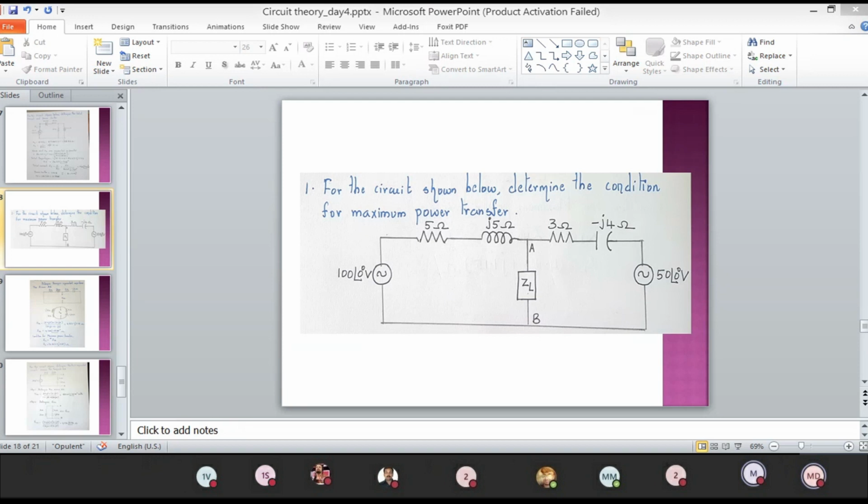So that's why I'm saying that whenever you work out an AC circuit analysis, the factor impedance is very, very important. Many students do not take impedance seriously and they land themselves in trouble. So be watchful, be careful. The load impedance is equal to the complex conjugate of Thevenin impedance. So in this circuit, if you find Thevenin's impedance and its complex conjugate, that's sufficient.